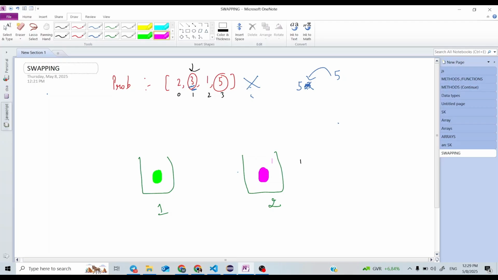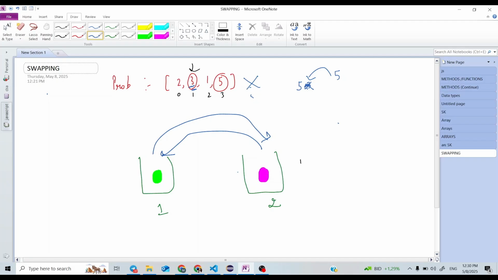I say to you guys: put this pink ball in the first container and put this green ball in the second container, and my condition is that when you put balls, the container should be empty first.